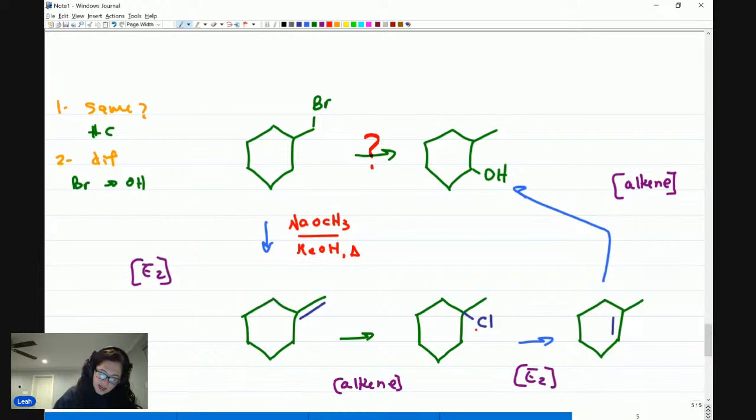Once I have the alkene and I want the halogen, this is just a straight up HCl in something like CCl4, inert. I want to eliminate again. I can use the same thing or I can use something else. It doesn't matter. NaOH, H2O, and heat. On paper, it doesn't matter how expensive your chemicals are because you just have to show you know how to do this. In lab, you go for the cheaper one or the one that's more effective,